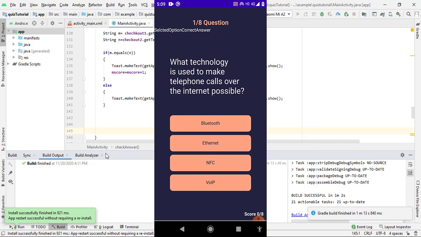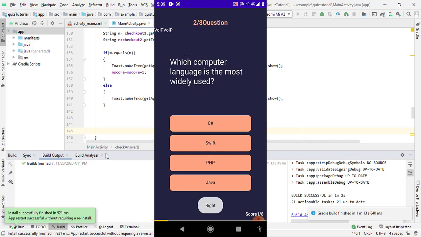And on running the application, you can see the first question is displayed successfully. And the correct answer of this question is voice over internet protocol. So let's click on voice over internet protocol. So I click on this. So you can see it gives me a toast of right. And now, as you already know, we took two text views. So the correct answer of this is voice over internet protocol, and the answer selected by the user is also voice over internet protocol. So this is the benefit of taking these two text views.